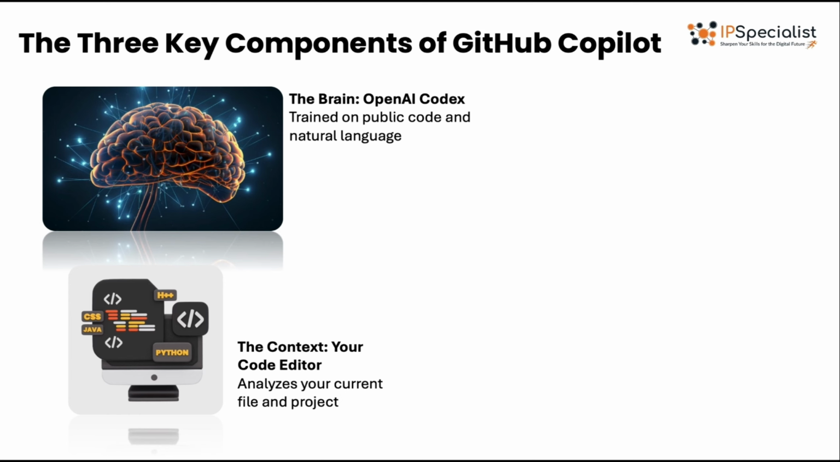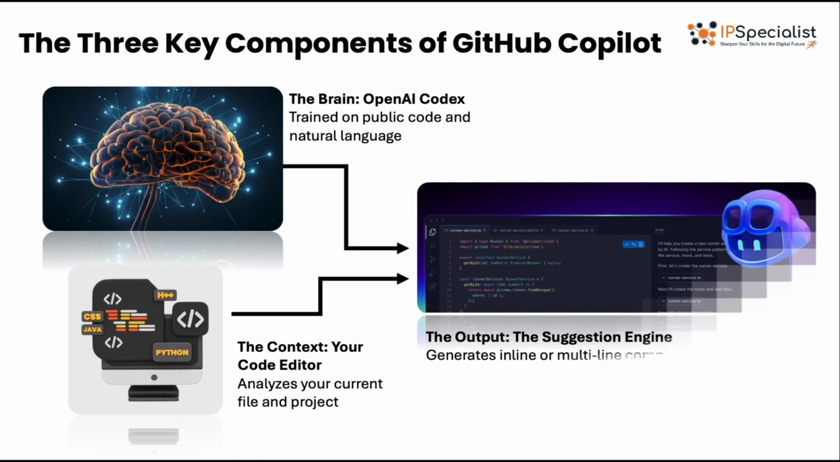It uses all of this local context to narrow down its immense knowledge and provide a suggestion that's actually useful for your specific task, not just a generic snippet. Finally, this combination of vast training and immediate context fuels its suggestion engine. As you type, it sends this context to the AI model, which predicts the most likely sequences of code that should come next. It then presents these back to you in your editor in two main ways: inline completions or